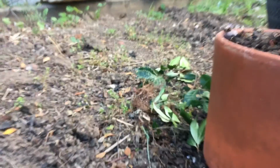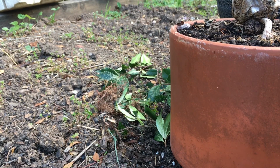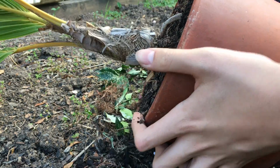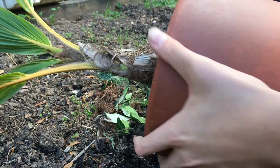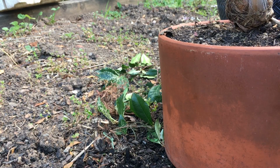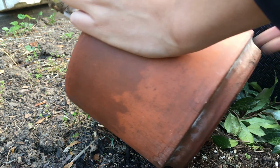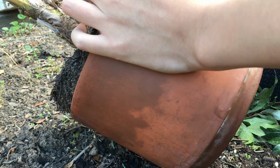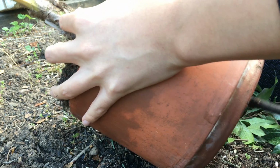So what I'm going to do is I'll see if I can remove the plant, and this is very risky. I may have to break the pot if I can't get it out. I don't want this to break. I'll see if I can get a pusher or a stick so I can push it out. Use a stick. There we go, it's coming out. I'm not going to pull on it, I'm going to push it a bit more,